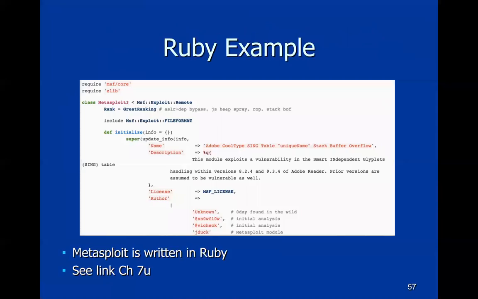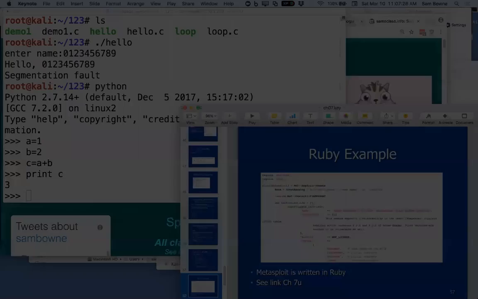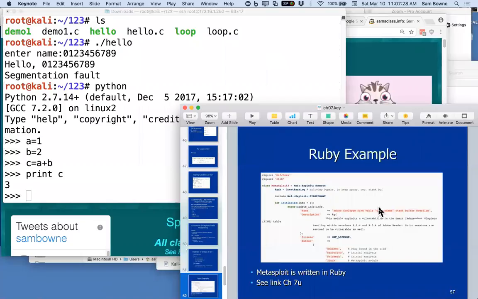Ruby is also object-oriented, and Ruby is what Metasploit is written in now, I think. It was originally written in something else, but I'm pretty sure it's in Ruby now. It's not projecting very well on my screen there. Let me zoom in. But Ruby looks very much like C++ or Python, and it's very easy to read, actually. So here's an Adobe attack, a stack buffer overflow in Ruby. You have a name for it, and you've got just a lot of comments here, a description of these things. This is an object, initializing it, specifying its info.